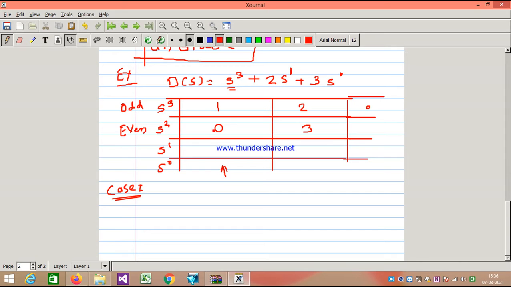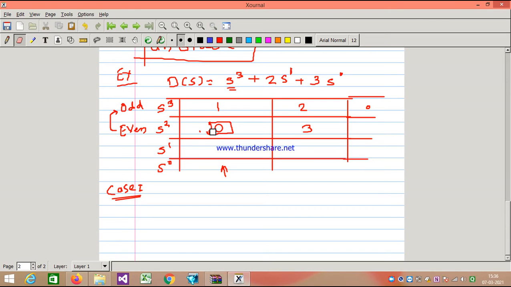But when there is a 0 in the first column, what to do? So this is called case 1. Okay, so just observe how to solve case 1. Case 1 is very simple. The row where 0 appears, just take the upper row of this 0.